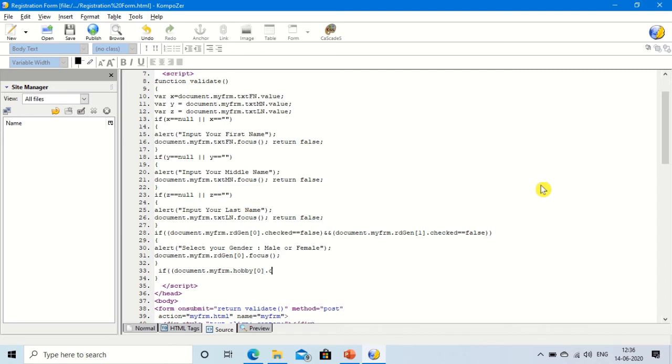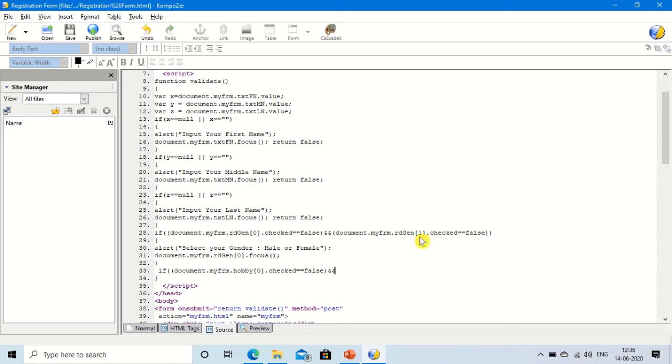Dot checked. We have to check whether the user has selected or not. If the user has selected, that will be considered as true. If the user has not selected, that is considered as false. So checked is equal to false. Close this. This is for the first checkbox. Now again write for the second checkbox.